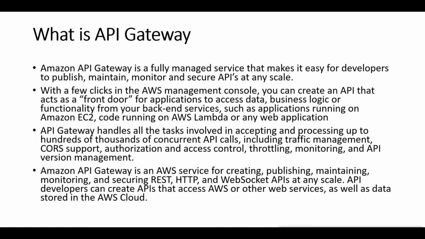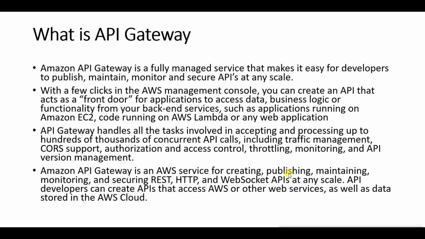So API Gateway is just a front door, sort of like a load balancer where it distributes traffic across multiple sources, and it's quite different in that you do not need EC2 instances behind it. Typically, you use it to communicate to Lambda functions. You can use it to communicate to EC2 and other things like DynamoDB, etc. API Gateway handles